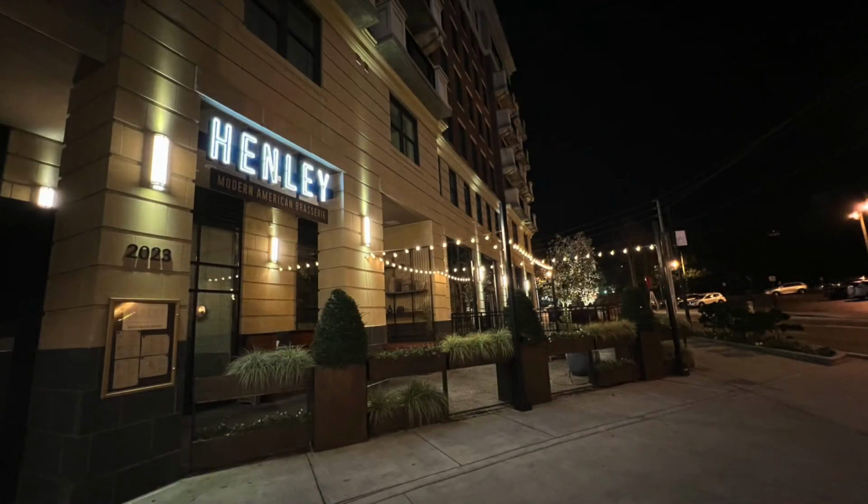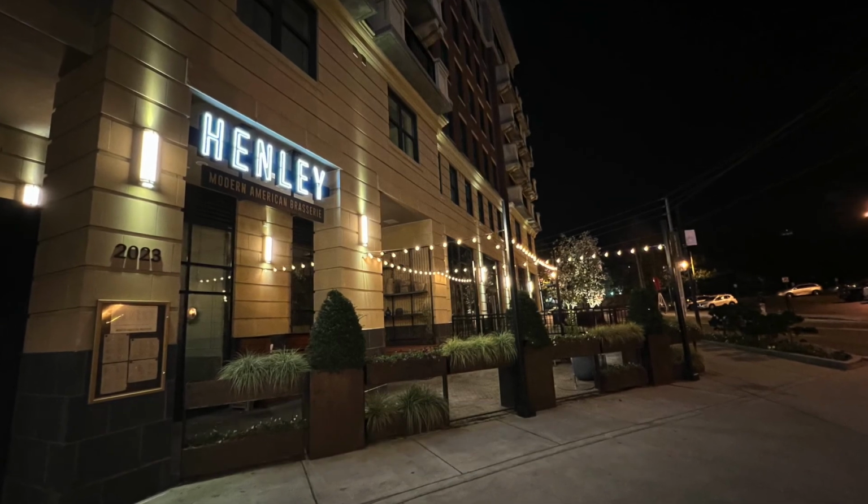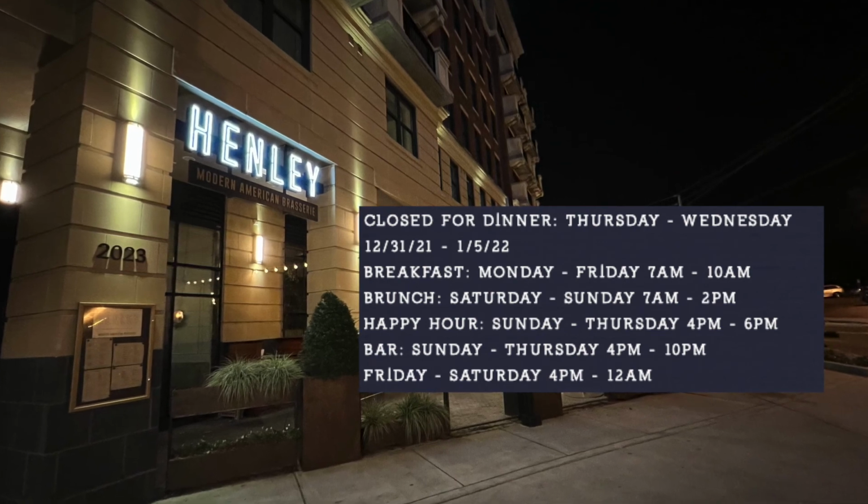And lastly, here's an outdoor shot of Henley's. I'm going to flash up some information about this restaurant. So this will basically wrap up this tour of the Aertson Hotel here in Nashville,